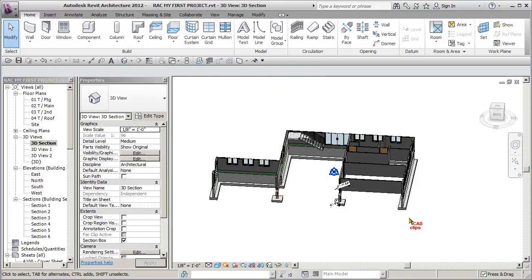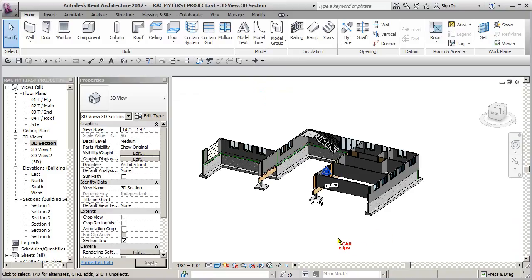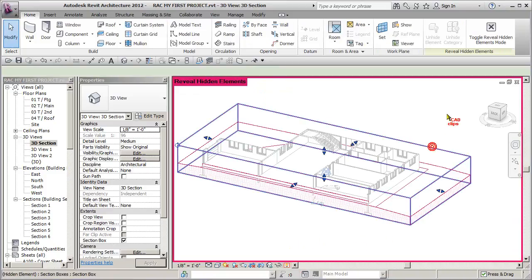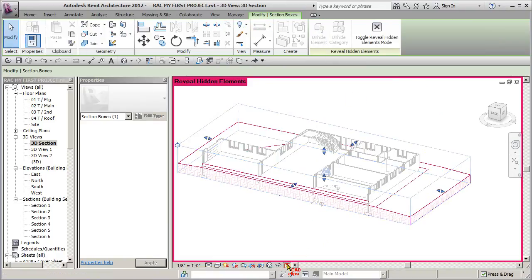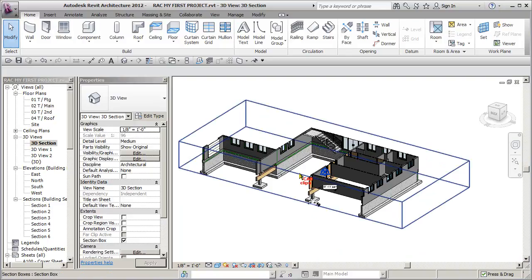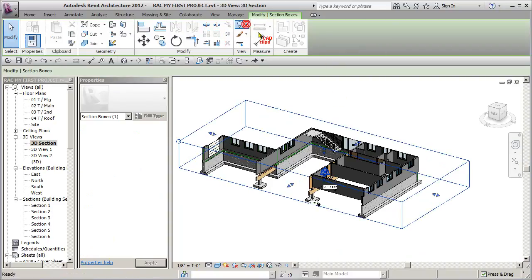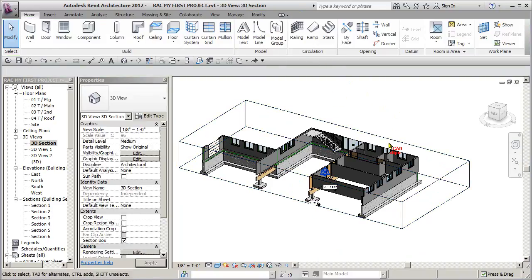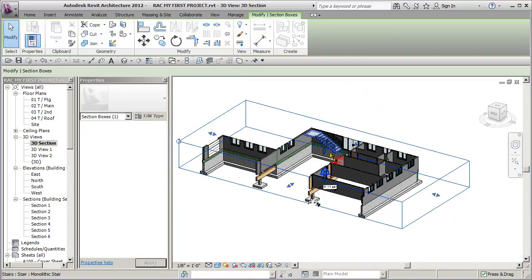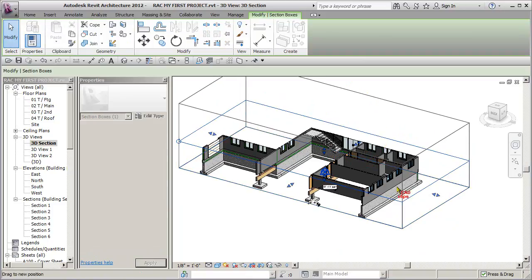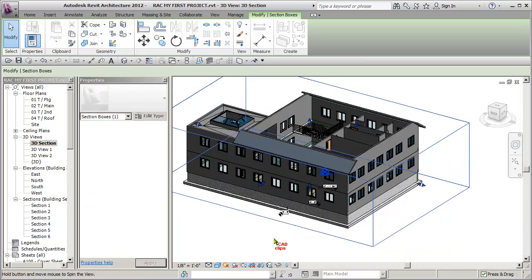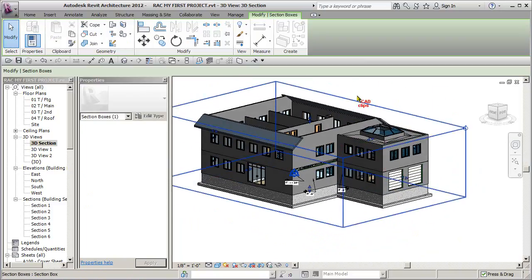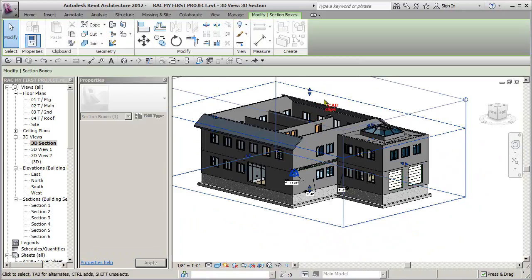Okay, and then I'm going to turn the section box back on. So if I go to my light bulb, if you turn that off, you need to click on here and say unhide the element. That's how you hide it so you can't even see the boxes. Pick on it here and say hide element. Okay, so now that I have it turned on, all I'm going to do is pick on here and grab the 3D section that I have shown on my sheet, which I believe is somewhere